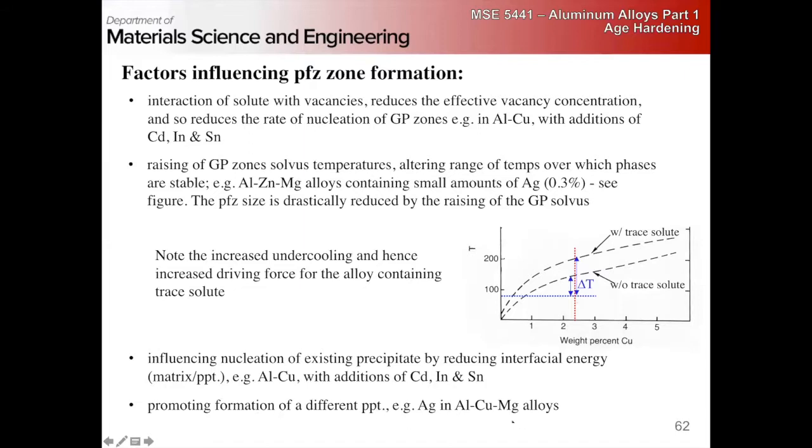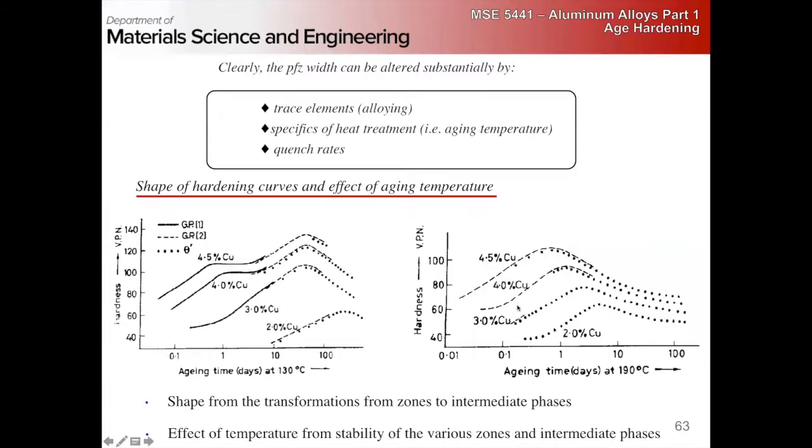Or we can form a completely different precipitate. So basically, the precipitate free zones around the grain boundaries are really going to be altered pretty dramatically by the